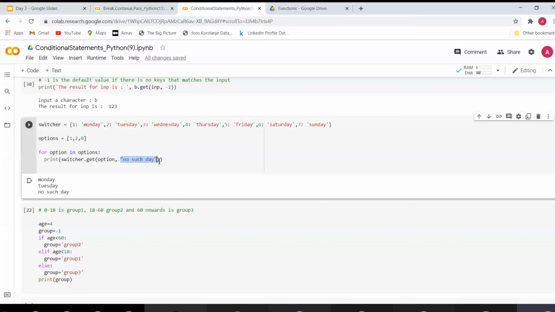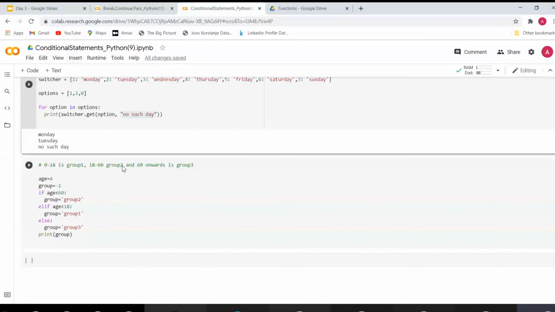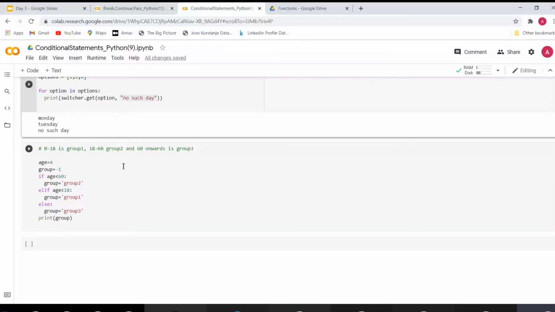Okay. Now, whenever we are writing control structures and the conditionals, it's bound to happen that you are going to get some errors or you are going to get wrong answer because of some small mistake in the flow. So whenever that happens, the first thing you should check is, are your conditions right? Whatever conditions you have written, do they represent what is in your mind? And after that, the second error which usually we make is the order of the flow, the order of the conditions which we mention.